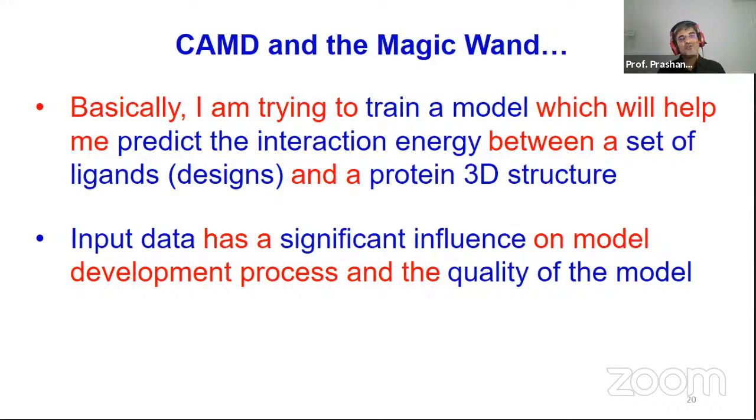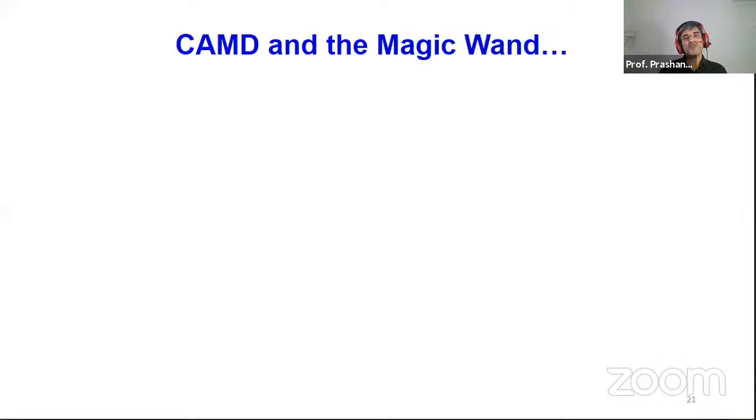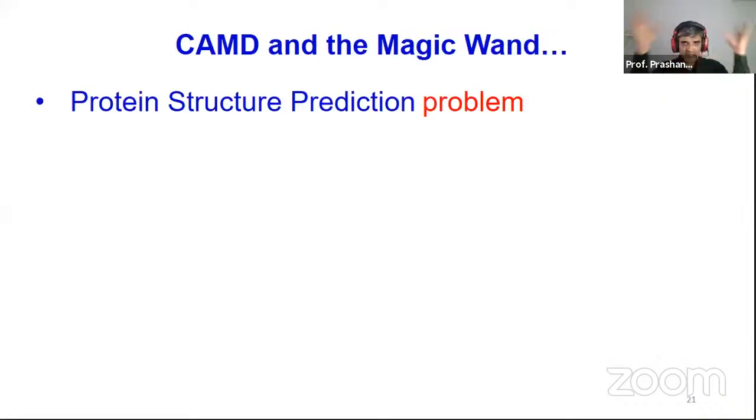So likewise, you also have these models changing with the availability of new data, better structures, right? So that's where you need to actually take help of this whole thing, or rather understand it in that perspective, with those limitations in mind. Another interesting problem is the protein structure prediction problem. Even though we have so many advances in physical chemistry, thermodynamics, and computational power, it is still very difficult to predict a protein structure with the help of a computer.